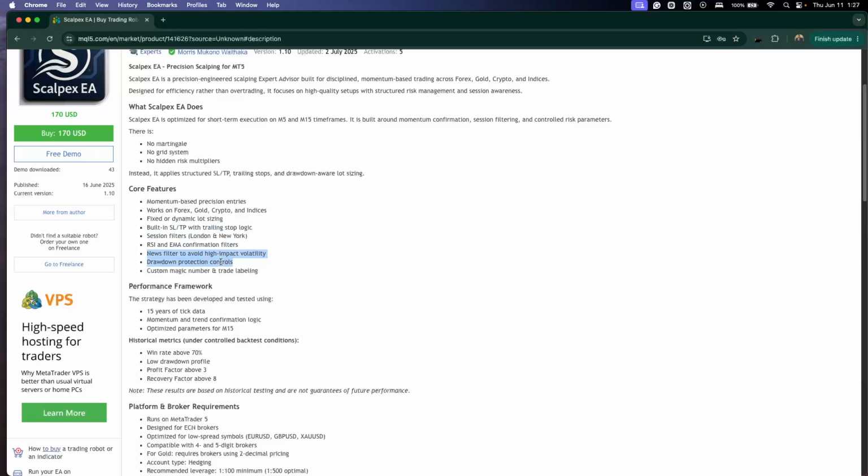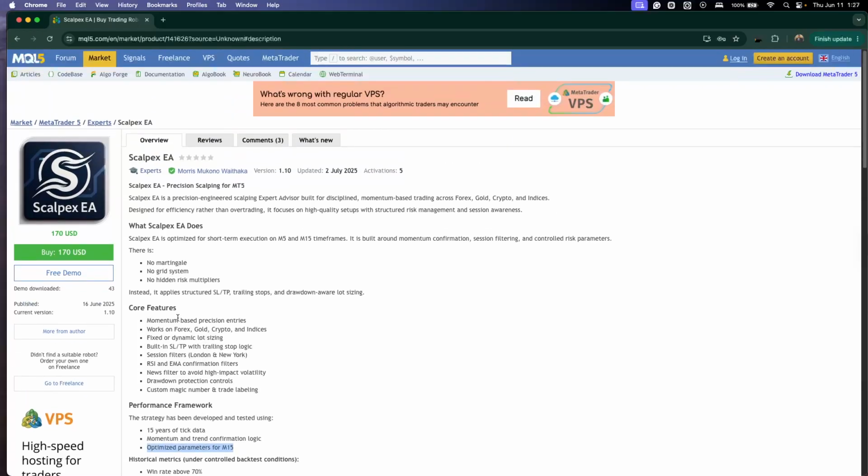And there is a trailing stop activation and max loss protection. These give you control over signal quality. You also have the risk per trade and market exposure. The developer highlights the combination of technical filters and news safety as key for consistent 15-minute time frame scalping. This is a scalper. Remember, the Scalpex expert advisor goes for just